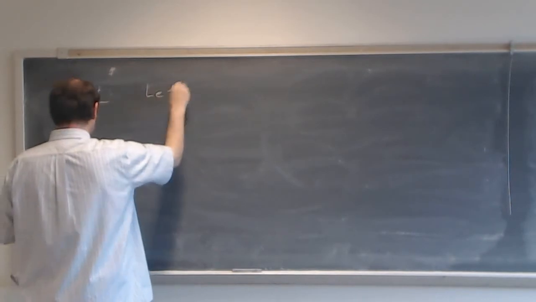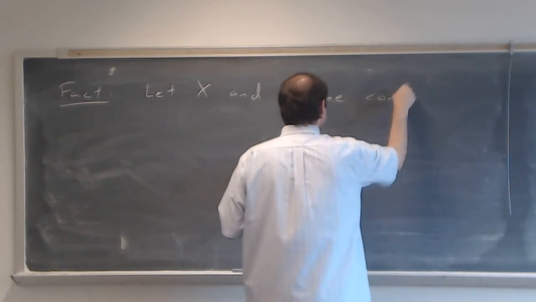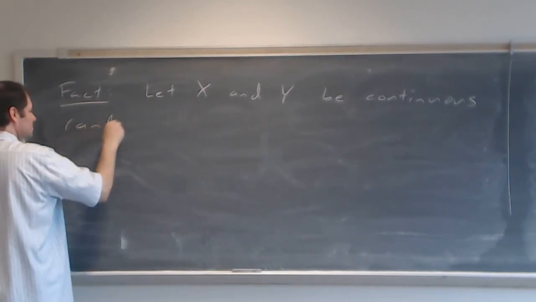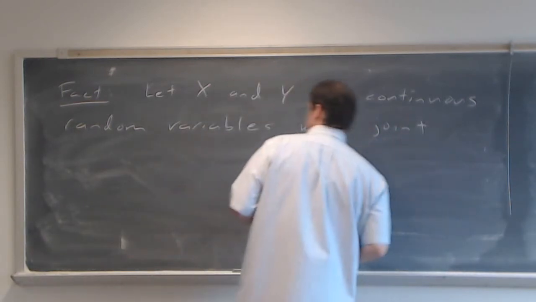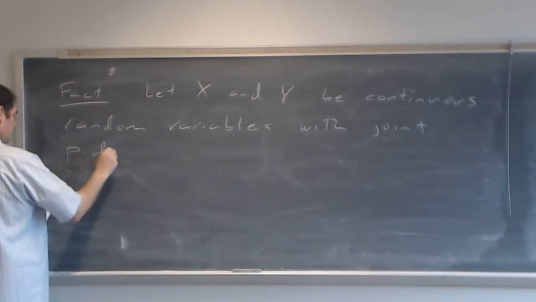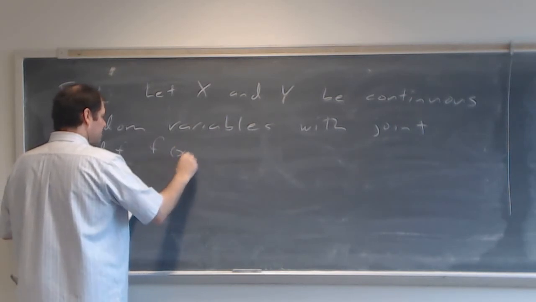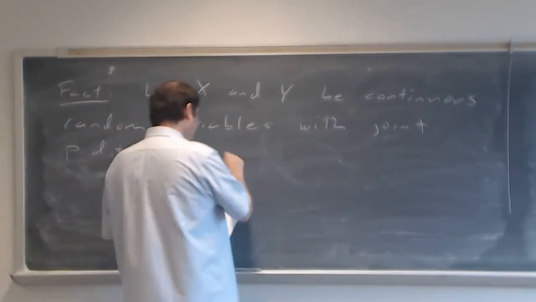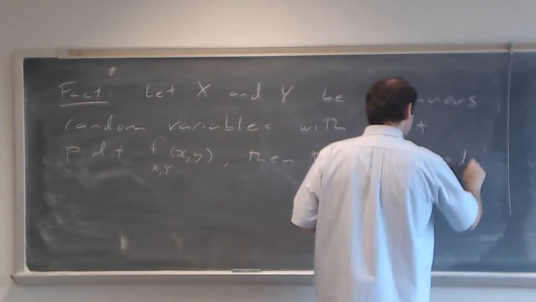We let X and Y be continuous random variables with joint PDF f of X comma Y. You can write down X comma Y here if you want the joint. Then the joint PDF